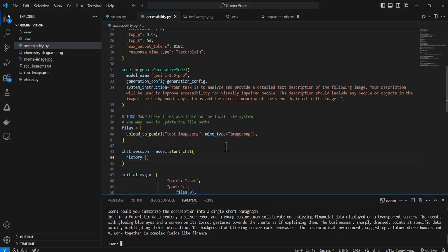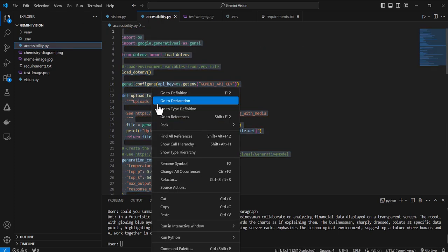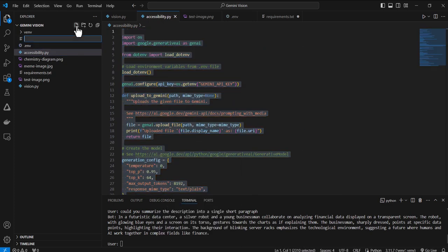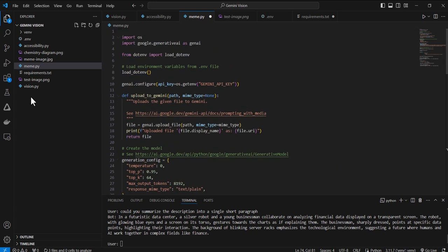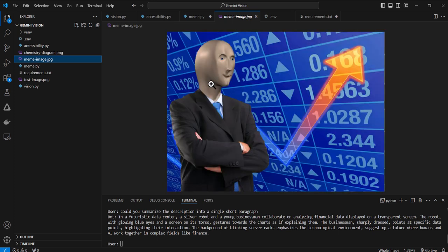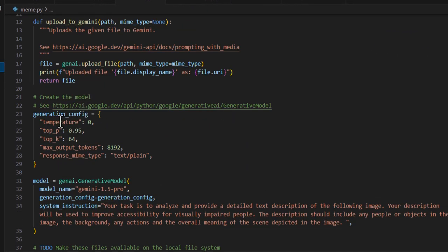Okay, so once again, all we need to do here is copy this code. I'm going to create a new file called meme.py, paste the code. And the image that I have here, memeimage.jpg, is just this image that I got online. So we'll see what type of witty text the model can come up with to create a meme out of this. Let's go back to meme.py, and the only thing we need to change, well, one of the things I'm